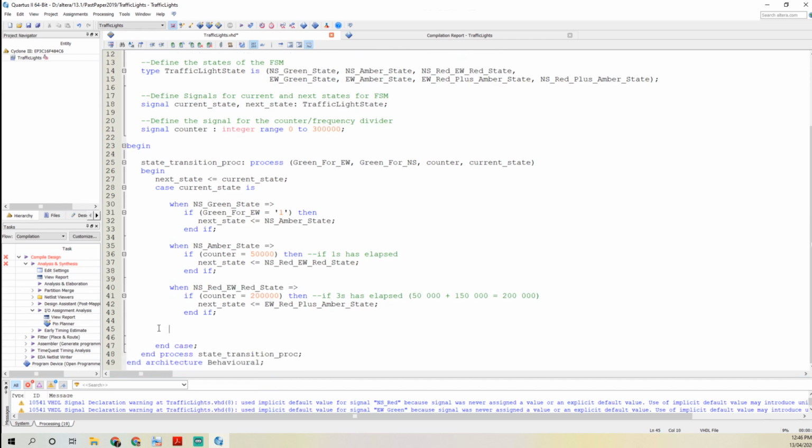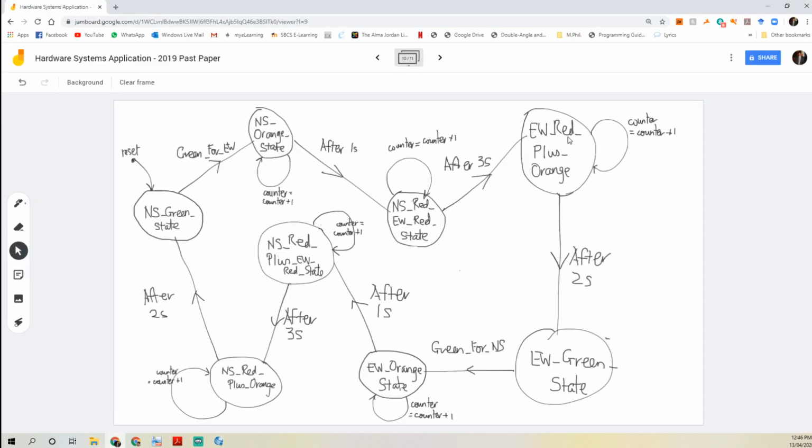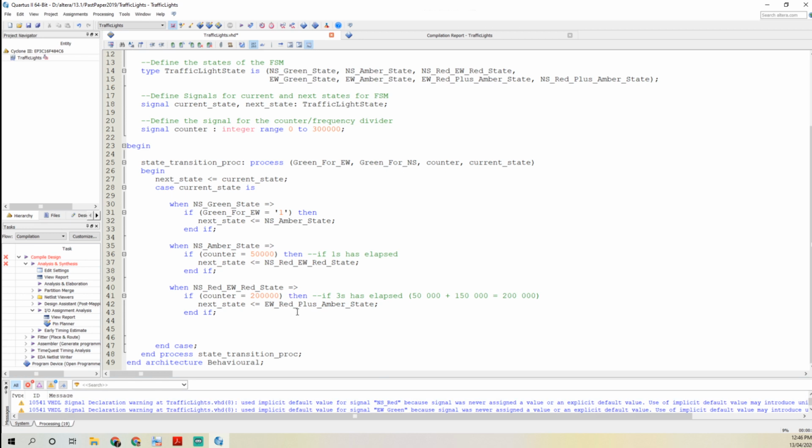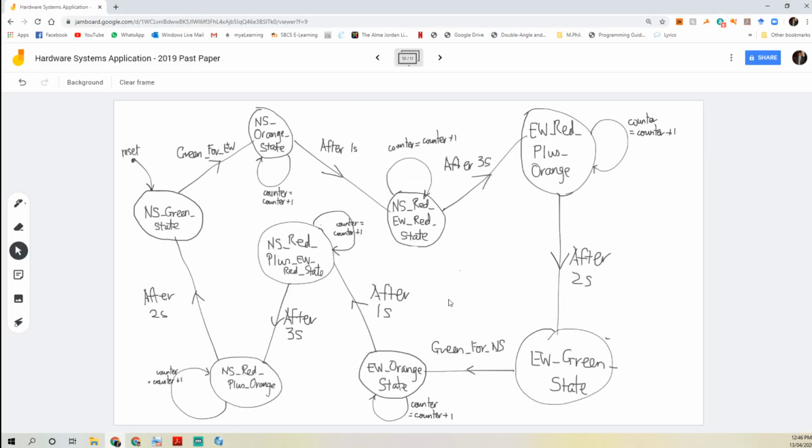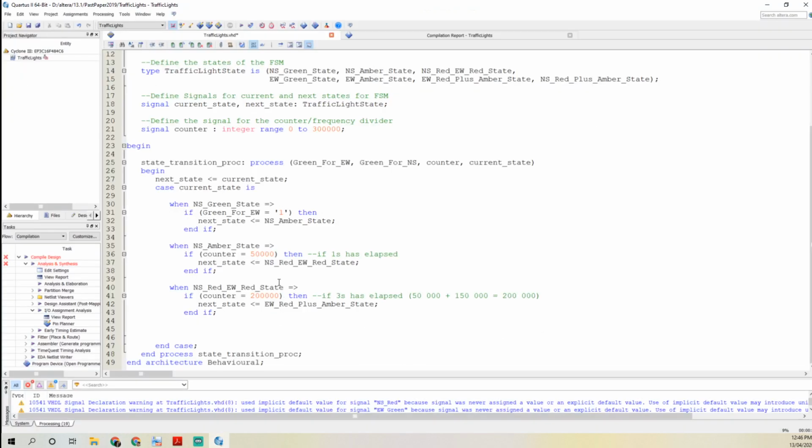All right, so let's take care of the next state down the line now. So the next thing we're going to do is my east-west green state, because once my east-west lights are in the red plus orange, or once the red and orange lights are lit simultaneously, the next state is for those lights to turn green. All right, and when do they turn green? Well, they turn green after 2 seconds. So we're going to use the same logic here with this counter again. All right, so when I'm in the east-west red plus amber state,